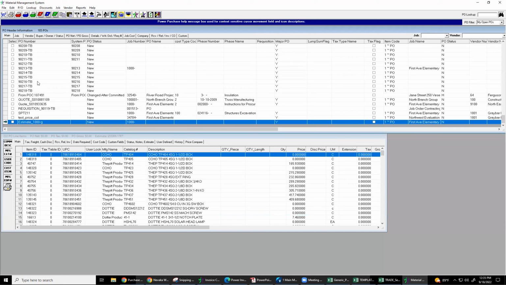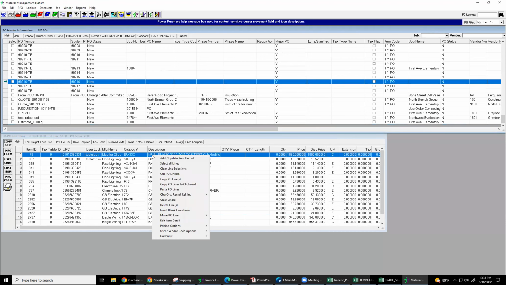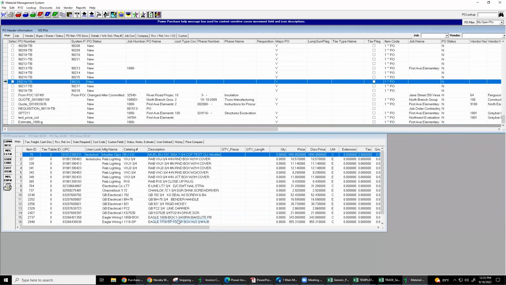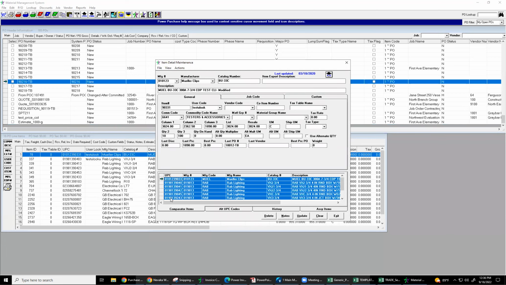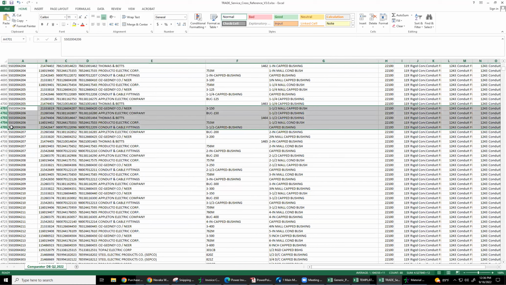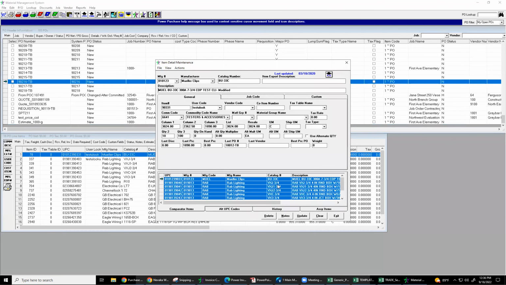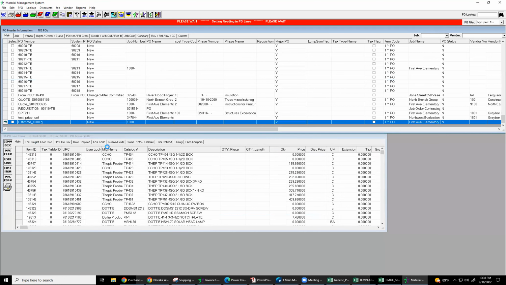Now, let's go back in here and look at some of these cross-reference things. Right mouse click, edit item detail. You see all of these items that are cross-referenceable? You see how it matches in with what Trade Service is doing right there? That tells me that for that product, all of these products are to be compared. That's important. Let's get back into our estimate here. Here's why that's important. I can go to price compare,